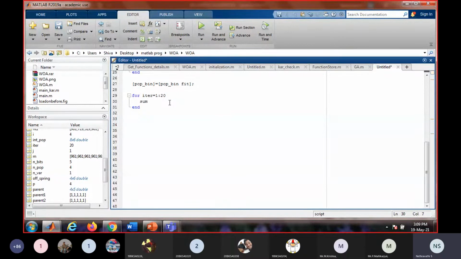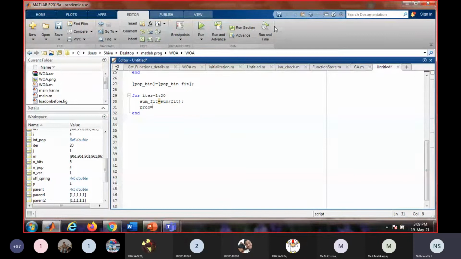And what will happen inside? You remember, we have to find the sum and the average first for evaluating the actual count, right? So first we will find the sum of the fitness value. Sum underscore fit is the variable name which I am giving, okay? And sum is a function name, so it will give me the sum of an array called fit.